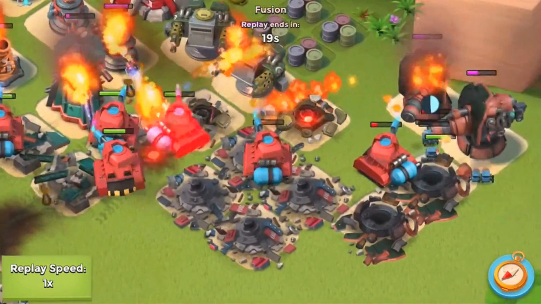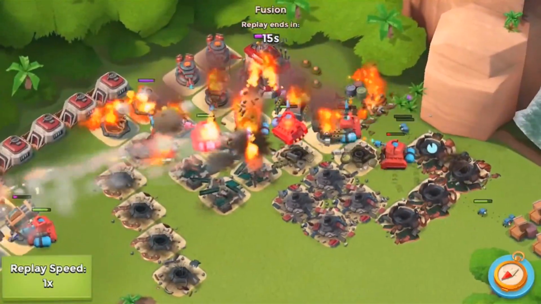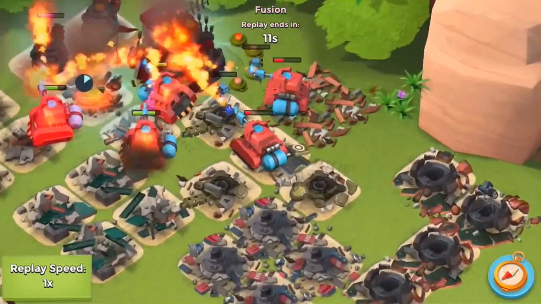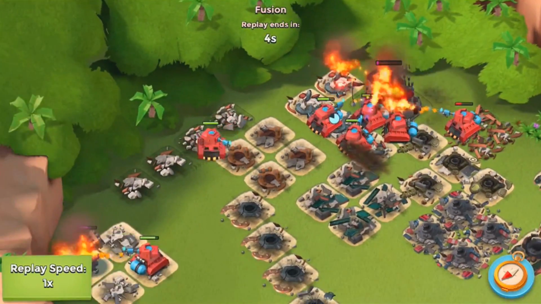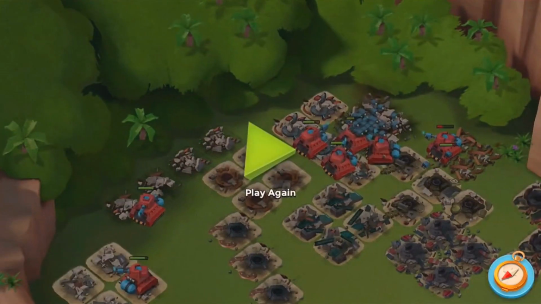It's insane, because there's 4 max level boom cannons all hitting one Scorcher. That's a lot of damage, like 3 times or 15 seconds of that, and the Scorcher's blown up. I don't know how much DPS all these things do, but okay, the base goes down, another successful victory for me, and